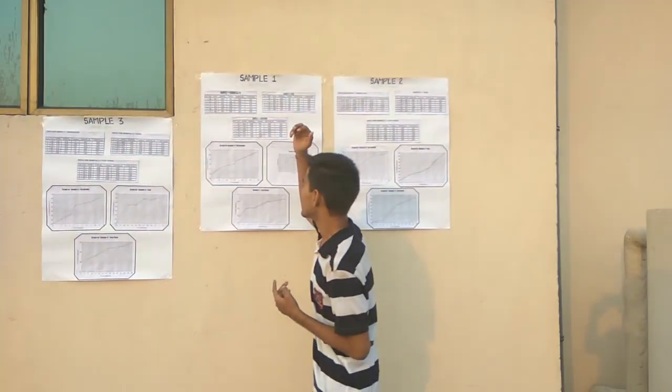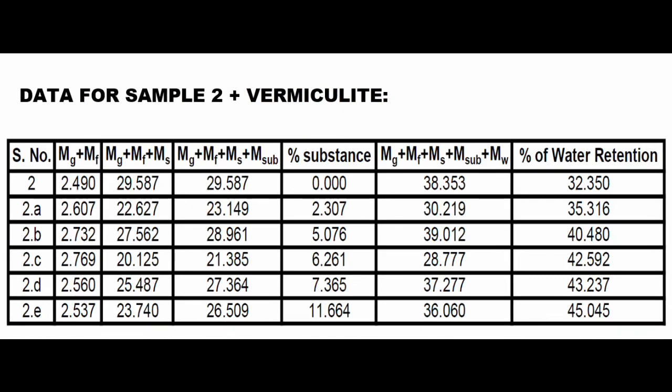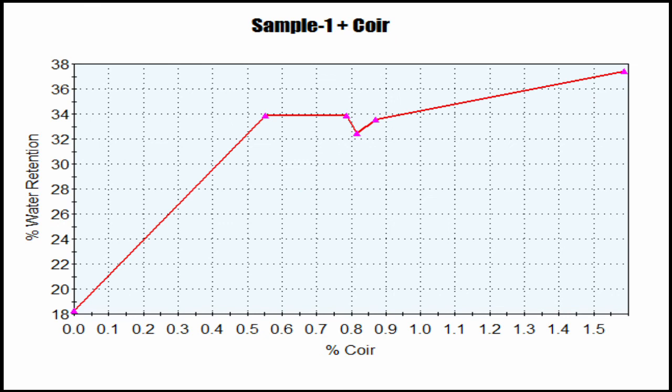From the data we have collected, we can see that in sample 1, the normal water retention capacity without any additives added is only 18.236%, and in sample 2, which is collected from the housing colony, it is 32.35%, whereas in sample 3, which is collected from the greenhouse, it is only 20.538%. And after adding the substances we have used, we have plotted the graph against percentage of substance added and percentage of water retention. From the graph,